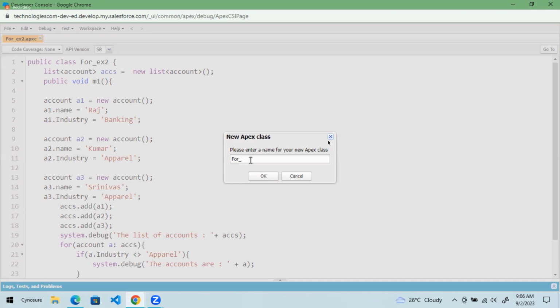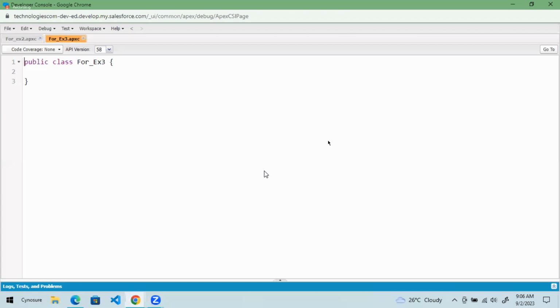For SOQL, we will write SOQL separately and we will write the for loop separately. If we write SOQL inside the for loop, it is wrong. On the for loop, it is correct. I will give you all the tips and tricks. Wait. Fine. So now what I want to do is,